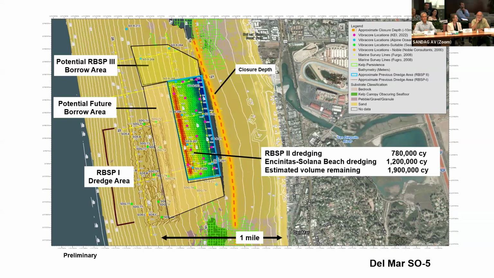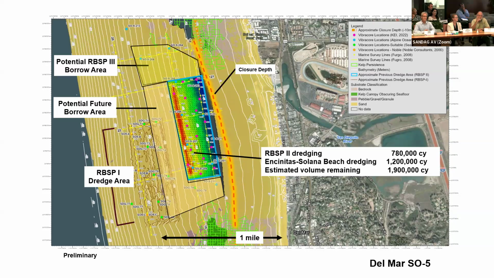trapezoidal area there. The core, we have their as-builts from Ensenada Solana Beach. When they finished, they deepened. The deepest part of the borrow area went down about 10 feet below the seabed. So we're also looking to expand the potential borrow area to the west and to the south. And the constraints here are bedrock. That's those green areas there. It's bedrock. That's the Eocene rock at the seabed.